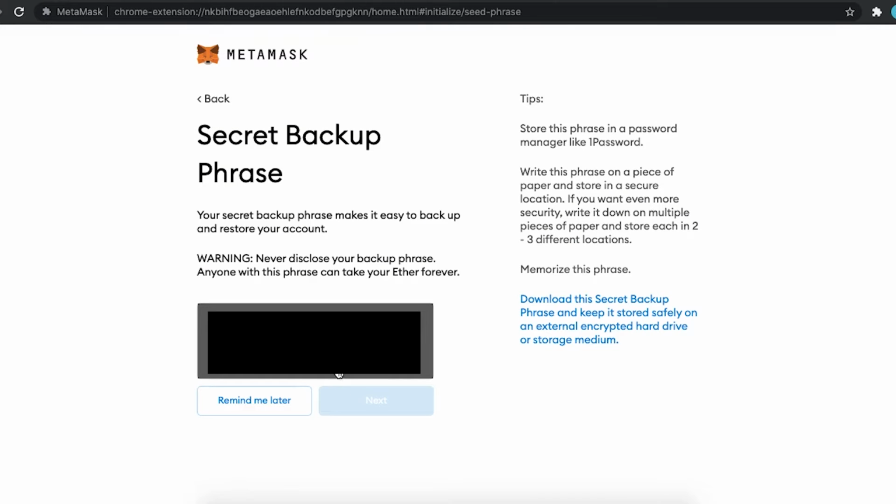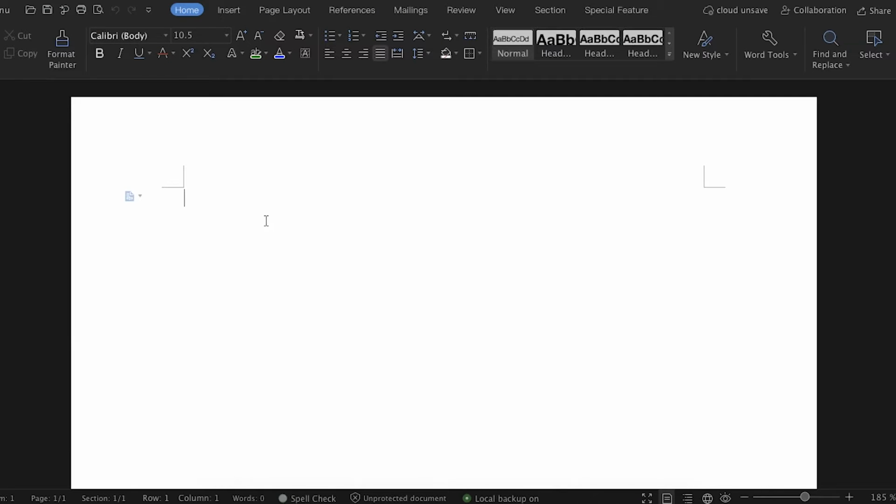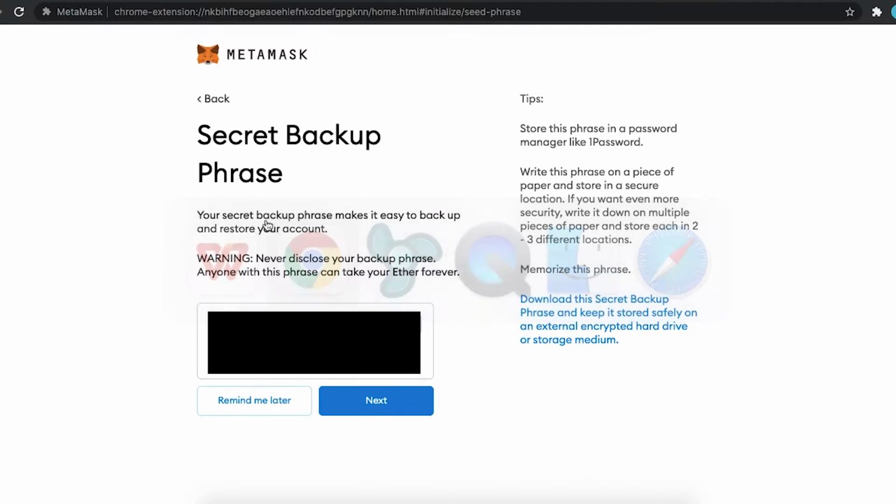After you create your password, it will take you to the security secret backup phrase. You would need to write it down and put it in the safe place where others cannot find it. This phrase would be the only way to recover your wallet. And if someone knows your recovery phrase, they could easily access your wallet assets, and you would probably never get these assets back. So be sure that no one can know this phrase except you, and you store it